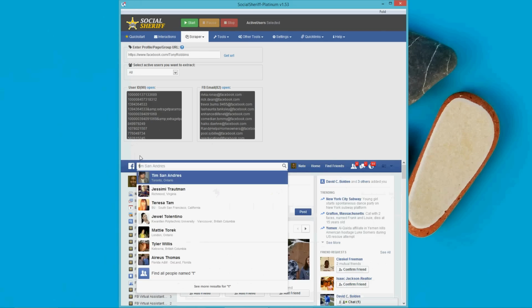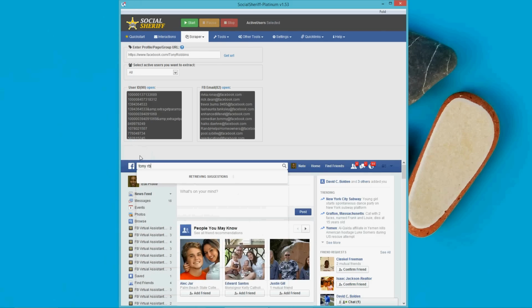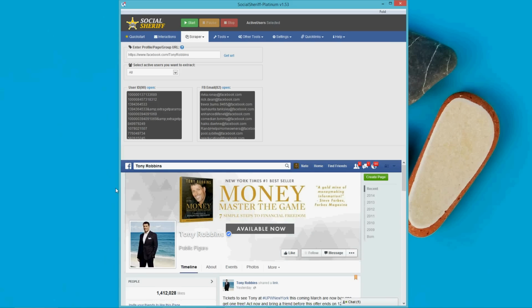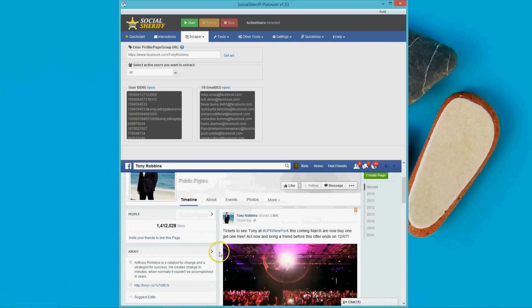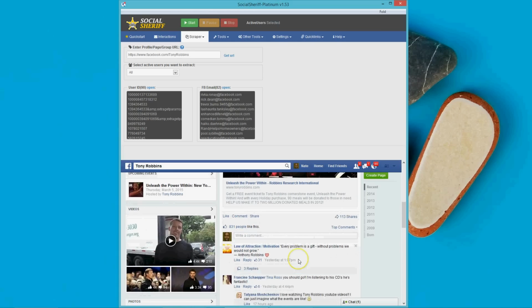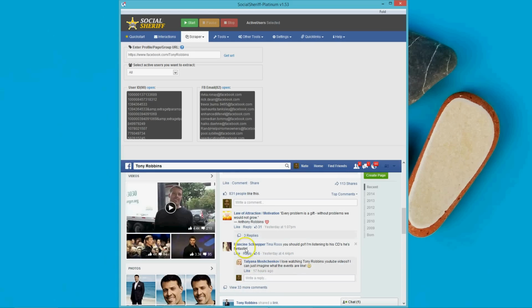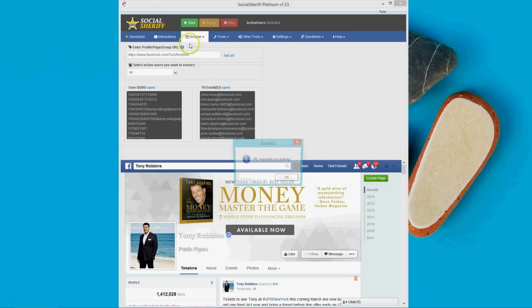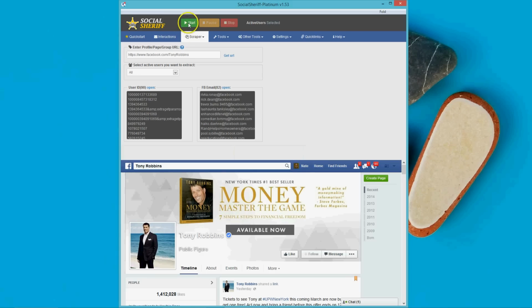So I did a search for Tony Robbins. So go to Tony Robbins, and we see almost 1.5 million likes, and we see 113 shares, 831 people liking posts, and some comments with quite a few people liking comments. So I'm going to get URL. I've already done it, but what you do is click get URL, and then we click start, and we're going to see what we can get from this page. So I click start,